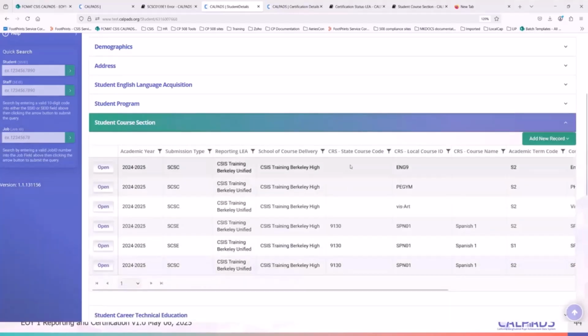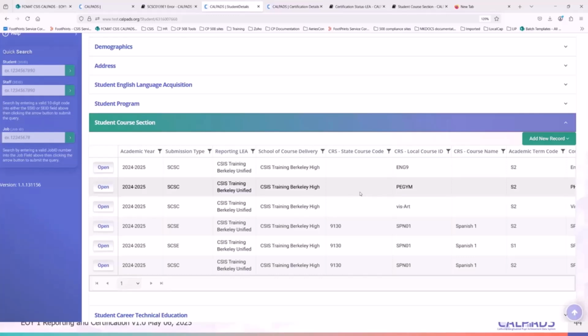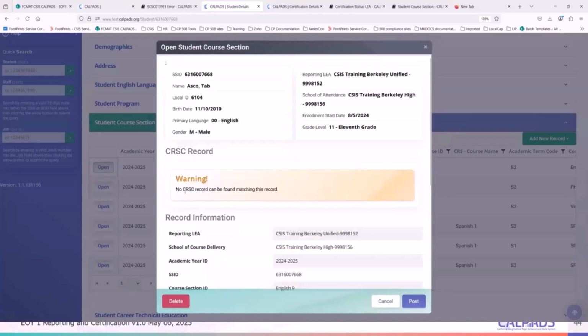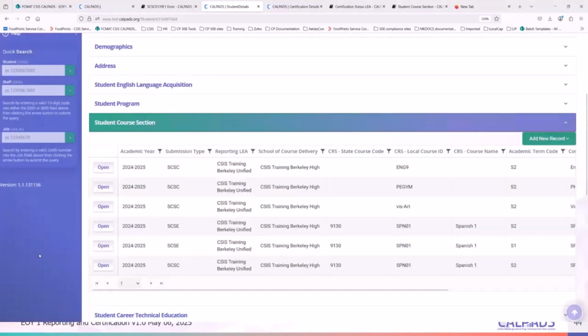See how when you look at the SCSC, if these field elements, the state course code and course name, are empty, that means these records are triggering an SCSC 139E1. If I open this, you would also get that warning. So how do you resolve this?